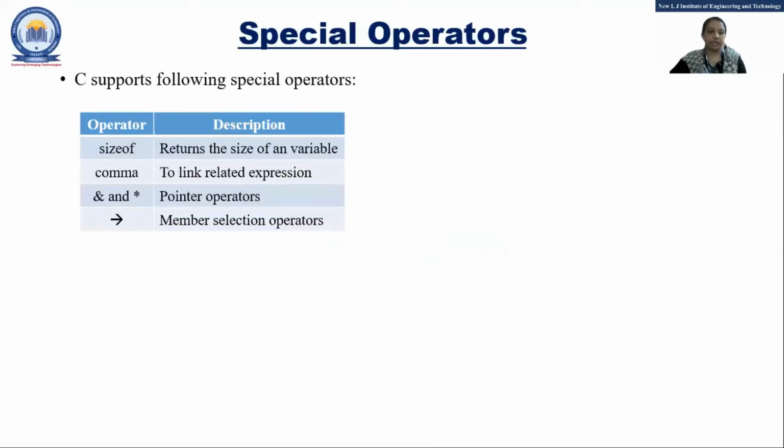Next is the special operator. In special operators, you will find 4: sizeof and comma. The others are ampersand, asterisk and the arrow operator. These we will see in the chapter on pointers and structures. Right now in this unit, we will go for only sizeof and comma. Clear? Okay. Sizeof returns the size of a variable. We have seen in the data type concept, that whenever you are declaring a variable,